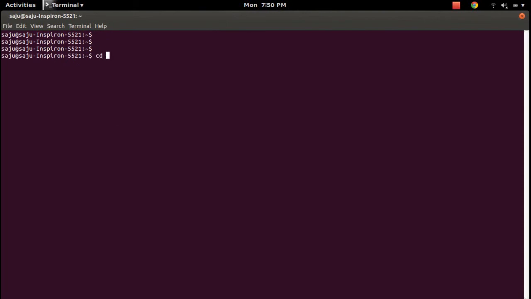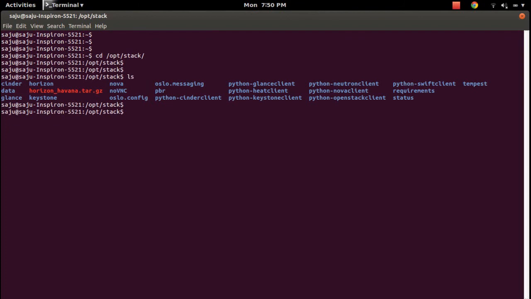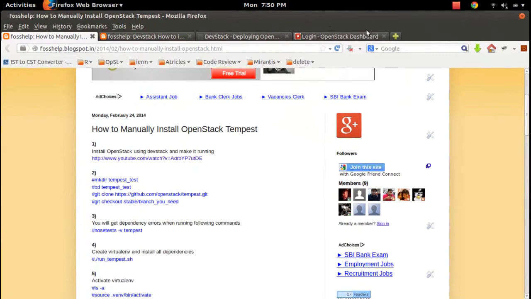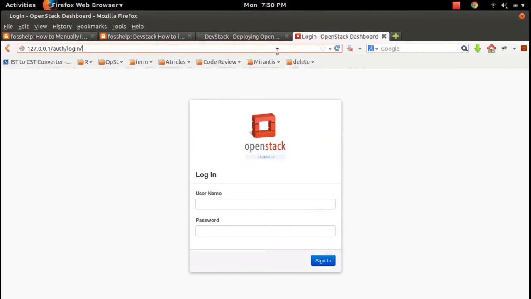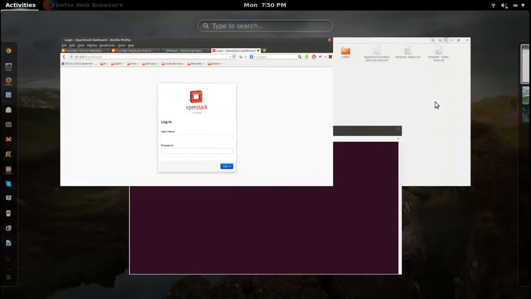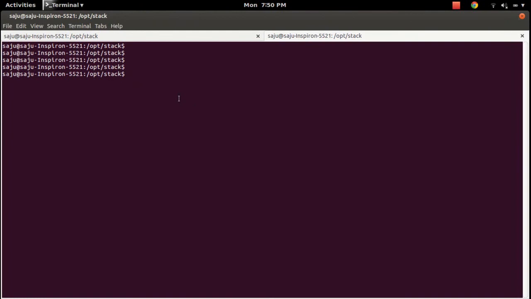So my OpenStack is running here. It is stacked. Here I can see all OpenStack projects and they're running. If you go to the browser, you can see this login and you can log in. So in my system OpenStack is running. If you go to this folder, the stack,